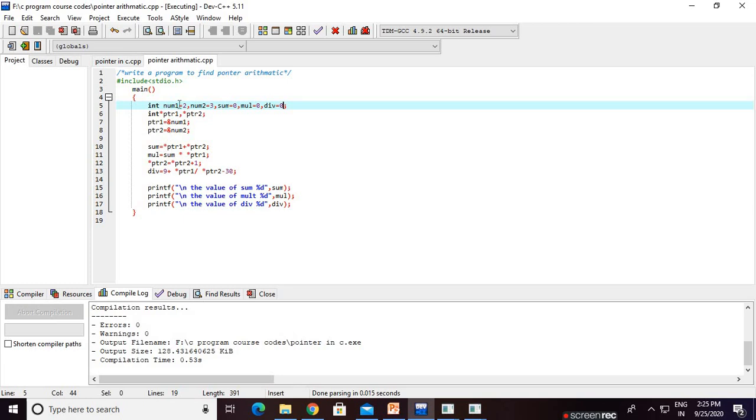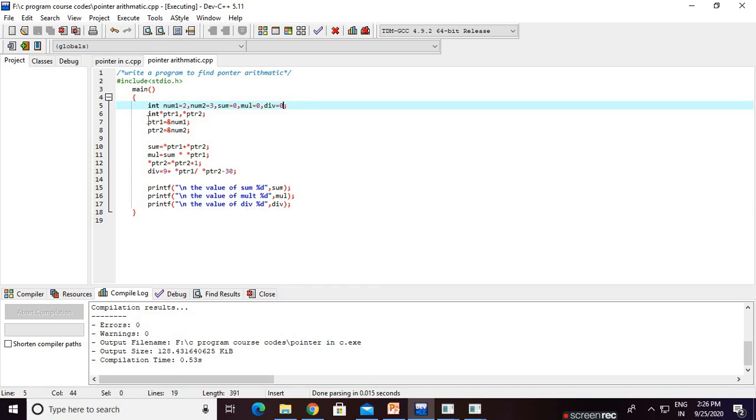Then sum equals, how do we compute the sum? Normally you would write sum = num1 + num2, right? But here we use the pointers. How do we access these two? *ptr1 means ptr1 holds the address of num1, and star means you go to this location and find the value. So where we use num1, we use *ptr1, because the values are the same.